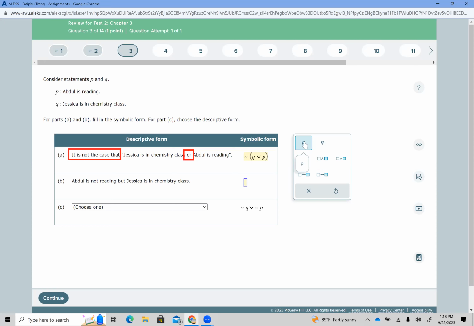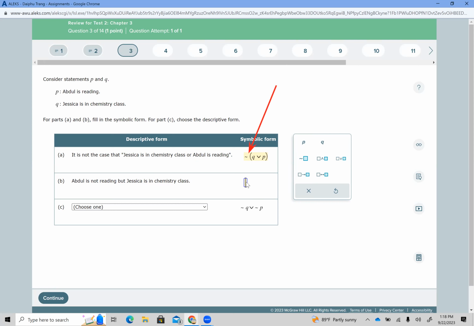If you want to, you can do the De Morgan law, which is you can change the or and the and, but again, just translate what they have. If they say it's not the case, meaning you need to put the negation on the outside of the parenthesis. And for B, they ask you,